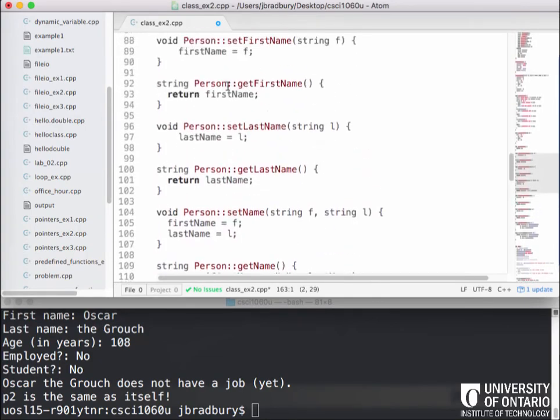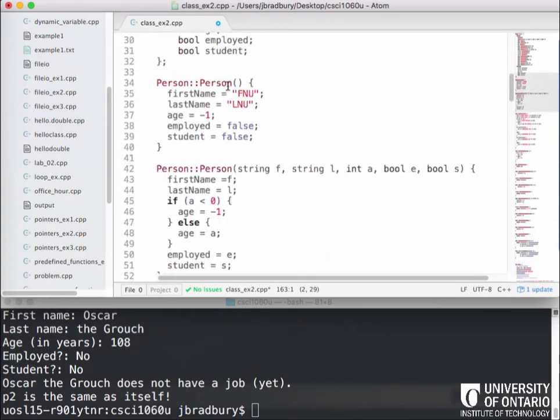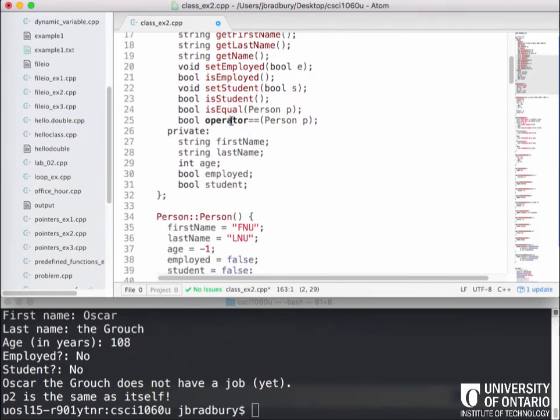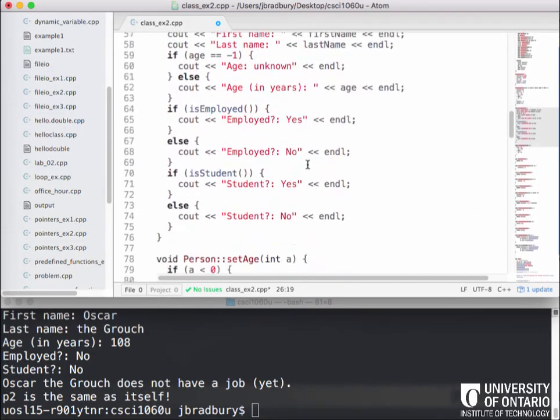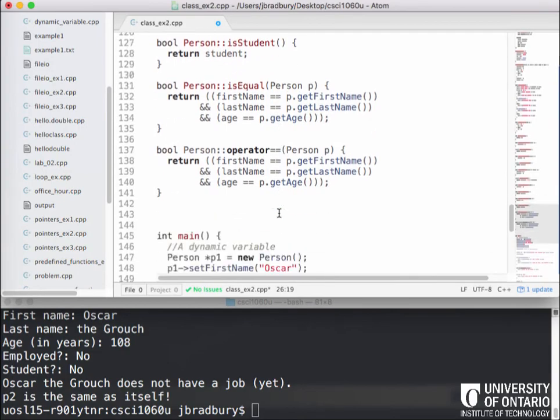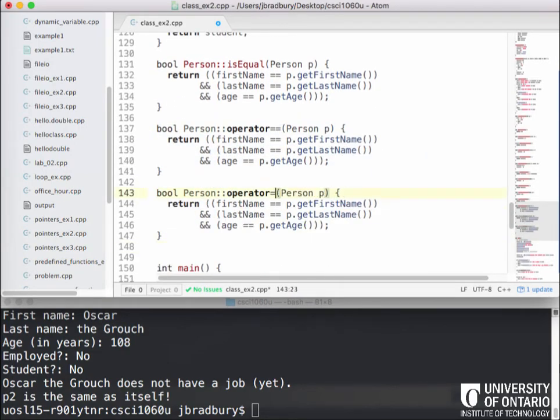Just to show how this works, let's implement the less than operator, because with less than and greater than, how do you know if one person is less than another person? How are we going to determine that? Age? Is that how you want to do it? Okay, we can do it that way. So we also want to do a less than operator. If we took our function that we have right now, and we did less than, we could say